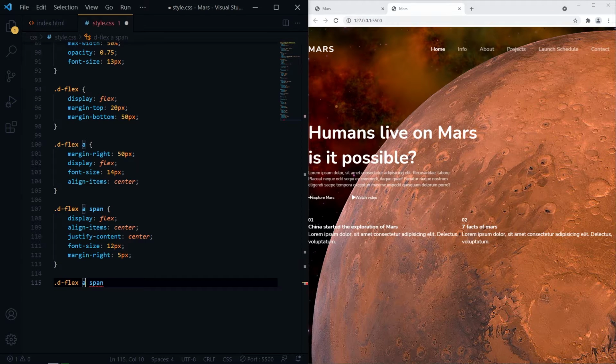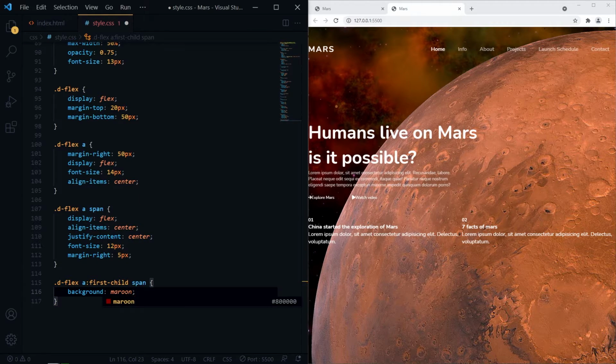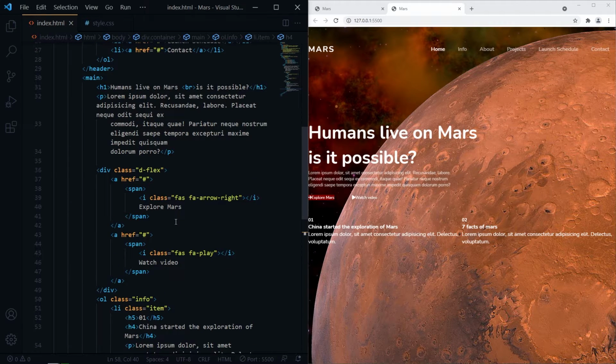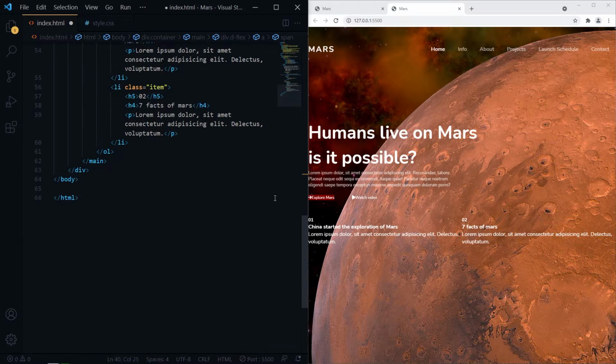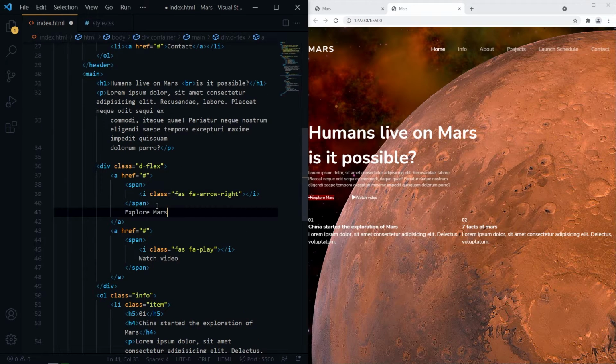And for the first icon, we need to give background color. The contents are outside the span tag, not inside.